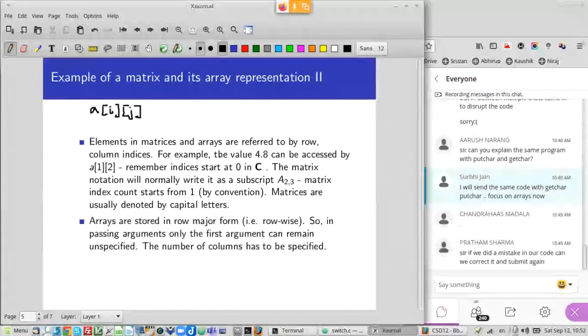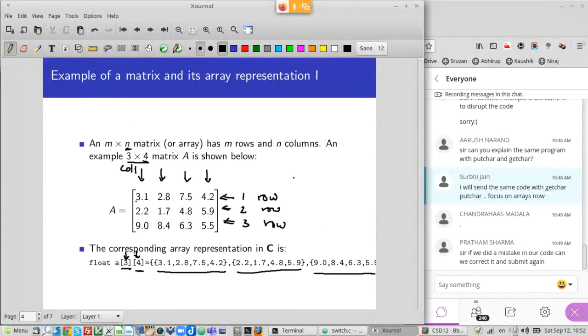For example, the value 4.8 here: notice your numbering starts at 0, so this is 0, 1, 2, and this is also 0, 1, 2 and 3. So this one is in row 1, column 2. So if you represent the array by small a, you will say a12. Okay, so a12 will be this element.